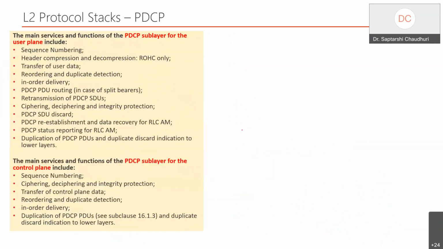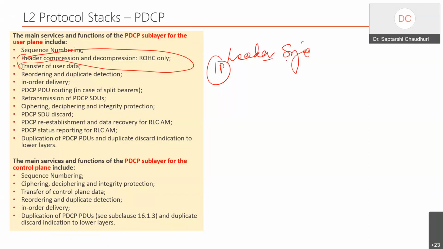I move to the last layer of layer 2. It's called the PDCP layer. And this PDCP layer does another big set of jobs. The first big entity is what we call header compression, which I talked about. This is very much needed, because normally we have these IP headers, because remember, any of these internet packets has an IP header in it. Now this header has its own size, and the size matters.